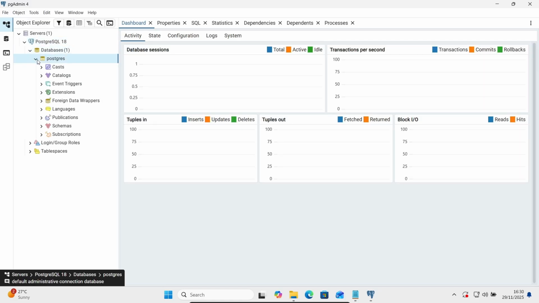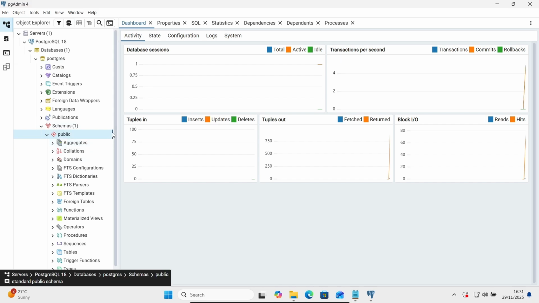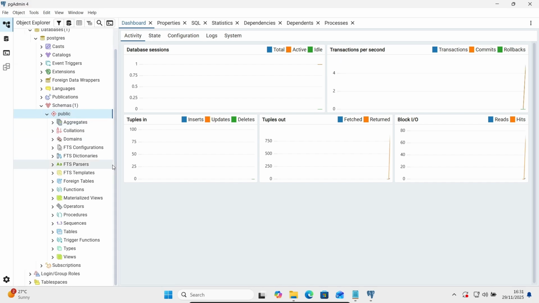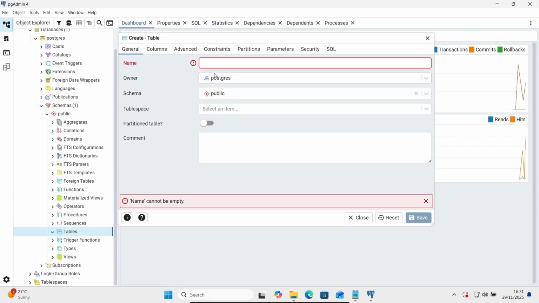Here you can see there is database 1, postgres. Now you can go to the schema, and inside the schema you can see public, and here you can get the tables section. Now you can create tables by right-clicking there, then going to Create and clicking on Create Table. Then you need to give the